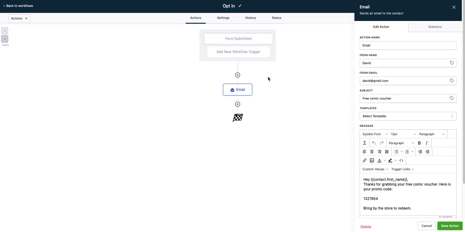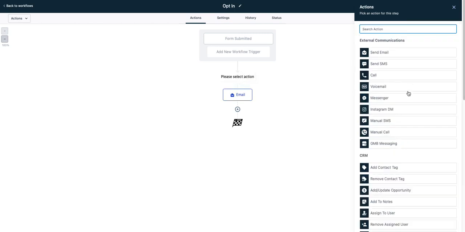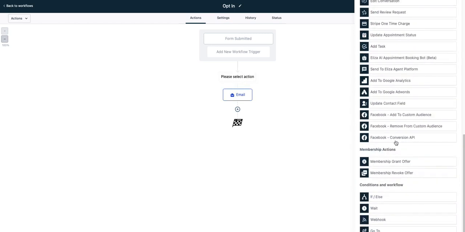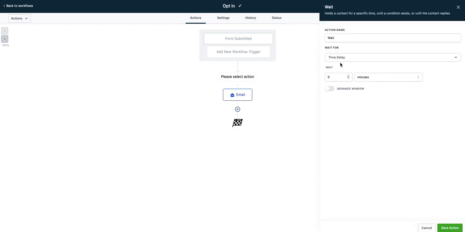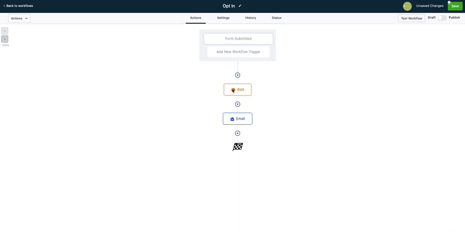Now let's say we wanted this email to wait a day. What we could do is add a trigger before, and we could scroll down, and as you can see, you've got lots of options here. So you could wait. Maybe we want to wait. Let's wait 7 days if we want, just to be silly. You could wait days or minutes from this. We save actions. So now what would happen? Somebody fills out the form, it waits 7 days, and then emails them. That'd be a terrible follow-up system, but just to show you that you can wait specific amounts of time